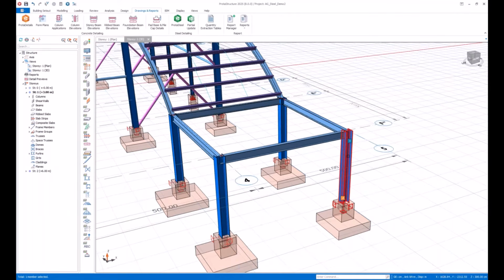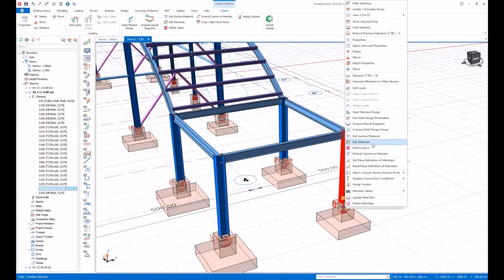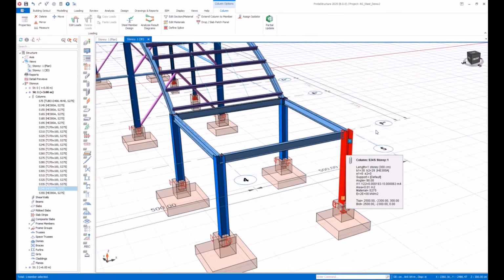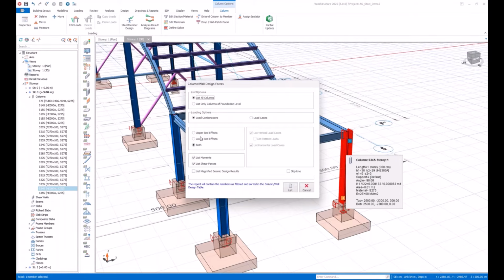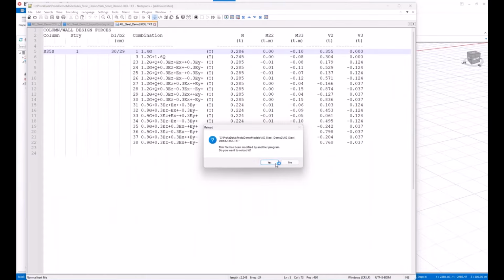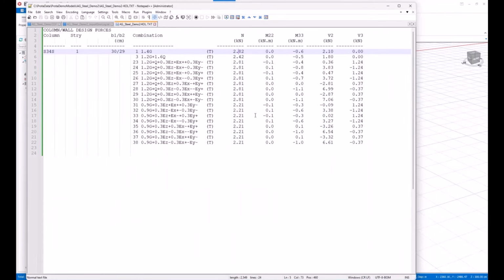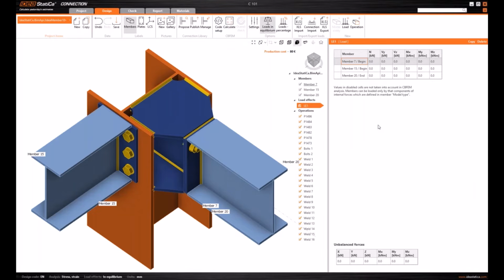Here, sorry. Right-click and see column wall design forces. And if you use the operand effects, you will see the combinations. Okay. You can obtain the end reactions at the top end of this column, and you can enter these values you take from ProtoStructure into this connection editor.